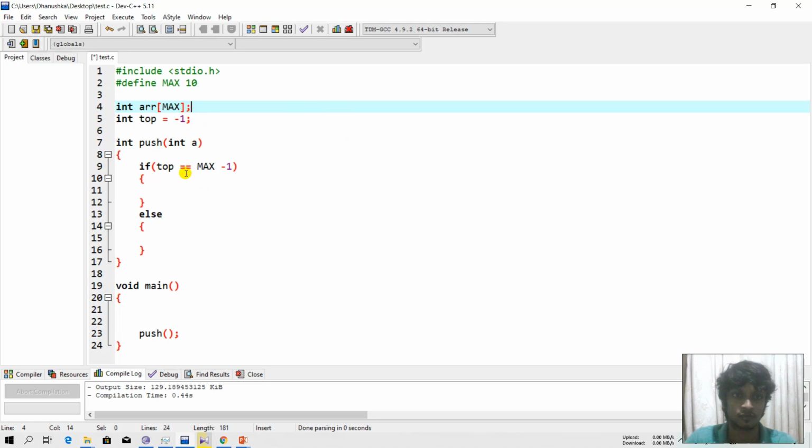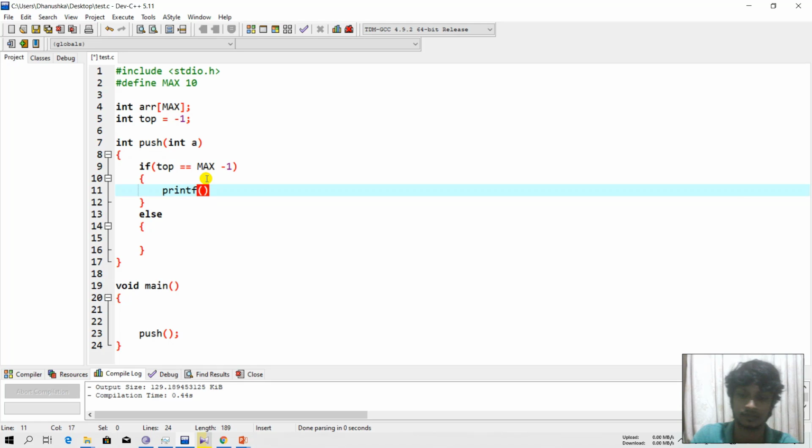So if my top equals to max -1, which means our stack is full, therefore it should print a message like this: stack overflow, which emphasizes we can't insert any element to our stack, because it does not have proper space for that.